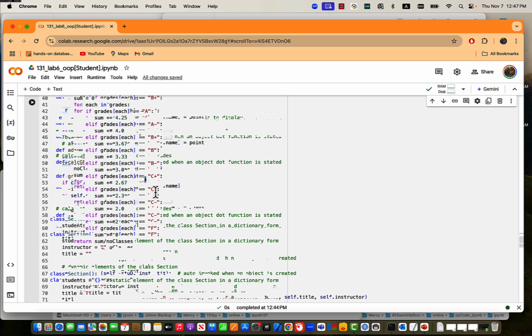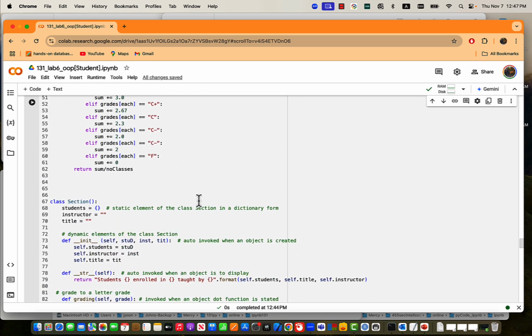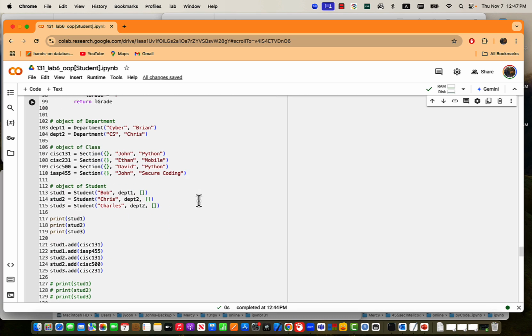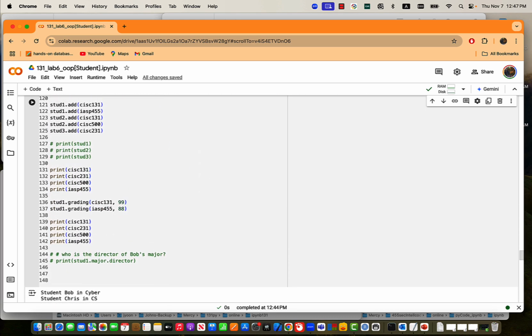What is the key in the student dictionary? There's a student name, student ID, and student's object ID. So which is it? Student.name. No, not object ID, student name. So given the student name in the dictionary, then I can update with the new points. So it is updated. I know this concept is not simple, but therefore you have to think very carefully